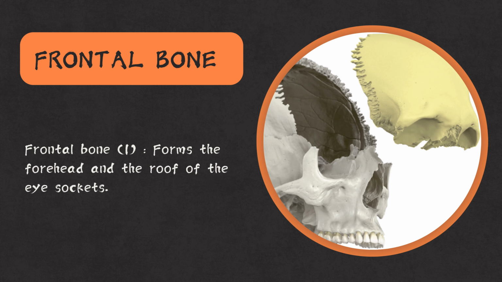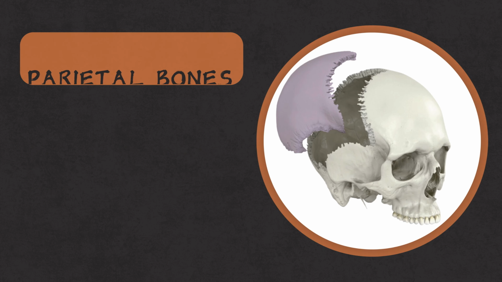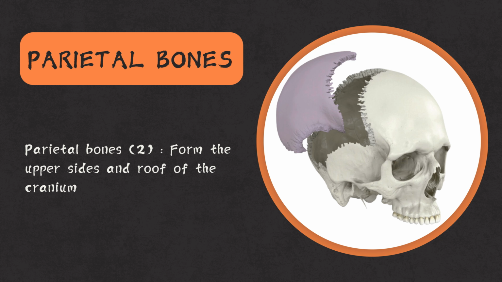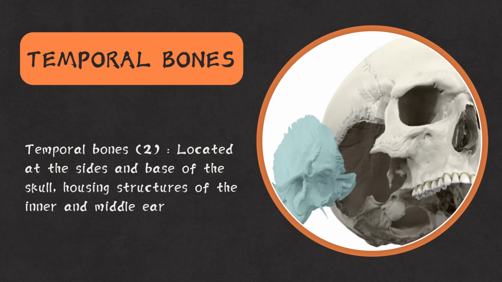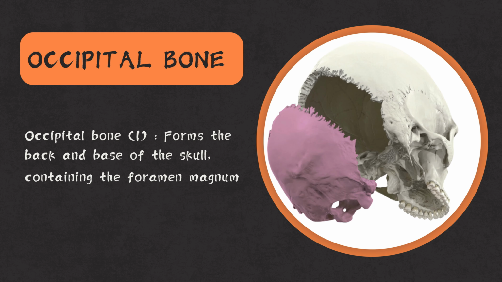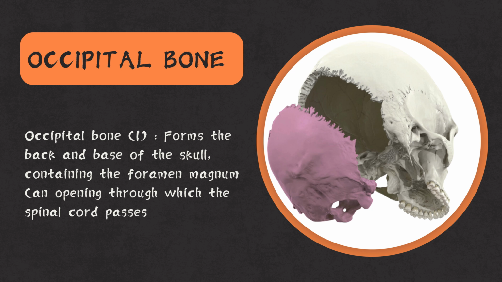Frontal bone, 1. Forms the forehead and the roof of the eye sockets. Parietal bones, 2. Form the upper sides and roof of the cranium. Temporal bones, 2. Located at the sides and base of the skull, housing structures of the inner and middle ear. Occipital bone, 1. Forms the back and base of the skull, containing the foramen magnum, an opening through which the